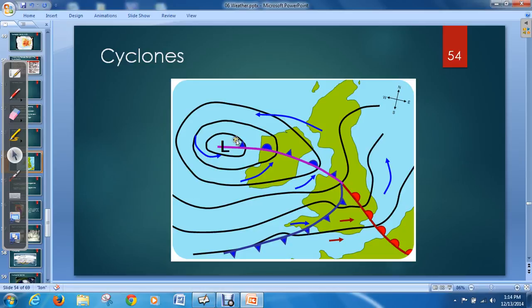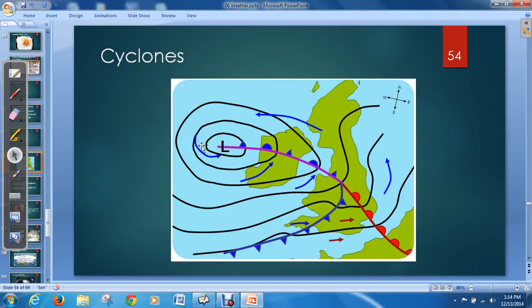Tornadoes don't have as much moisture as cyclones do, because cyclones, when they happen over water, bring a lot of the moisture and the water with them. So the damage that cyclones do isn't associated so much with the wind speed, it's associated more with the water and the water damage that comes with it. They usually raise the tides, which can cause flooding and other things as well. So cyclones can be very dangerous because of all the water they bring with them.